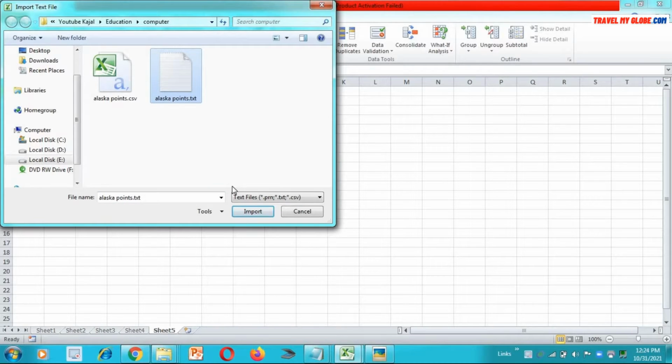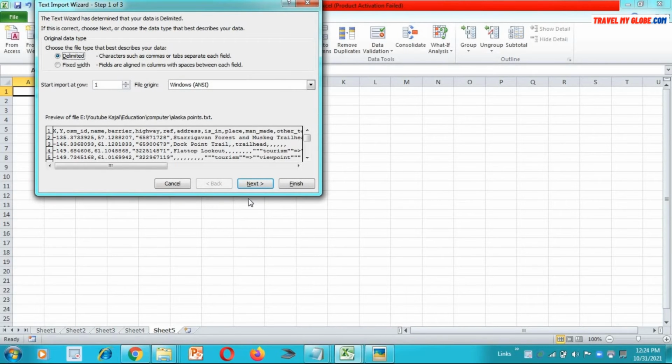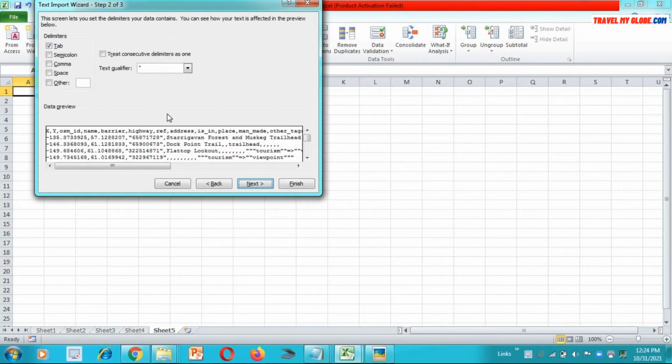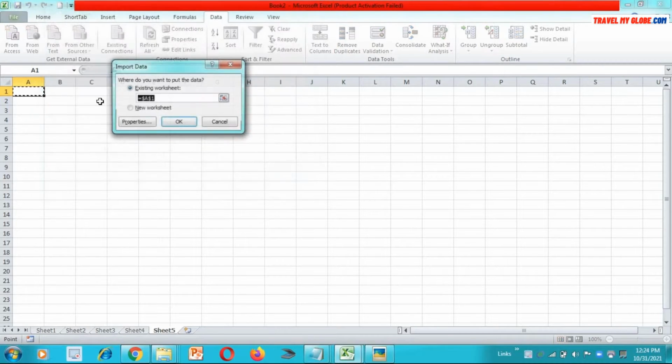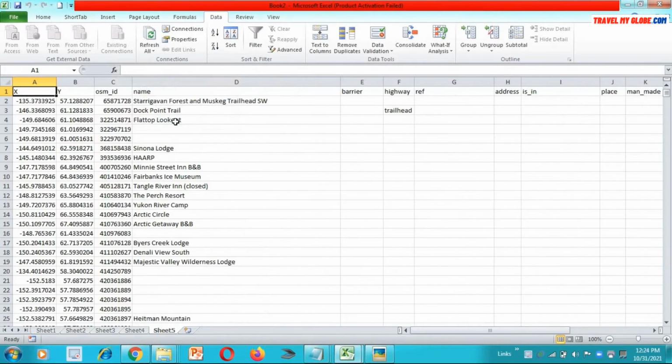This time it's stored in the E drive, so I'm going to import this file. Go to next. In my file, comma is the separator, so I want a separate column for all the commas that appear in my file. So go to next and finish this. I want my data in this cell, so just press OK.